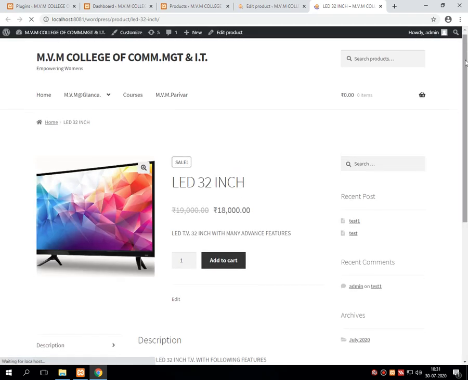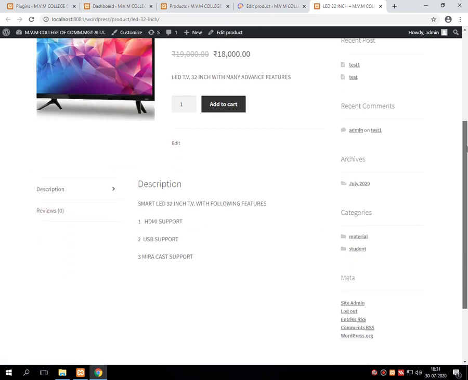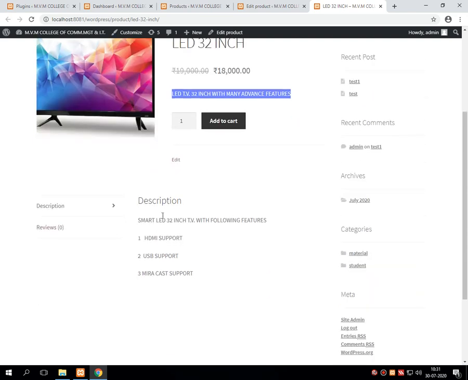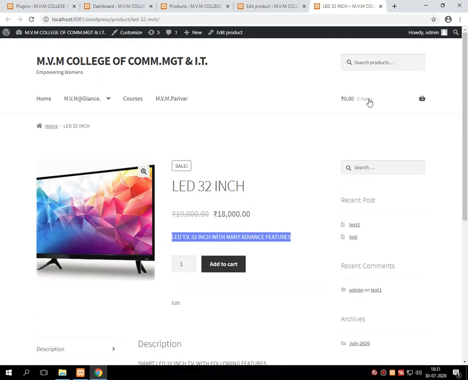This product is opened now, where it contains the name of the product, MRP, selling price, short description, a detailed description of the product with the sidebar, header